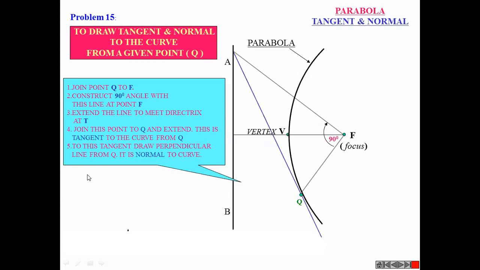Is it clear? Whenever the directrix and focus are given, whether it's an ellipse, hyperbola, or parabola, the tangent drawing method is 3 steps. Clear, short and sweet. And the line perpendicular to it will be the normal, like this. There is no difference whether it's an ellipse or parabola. Have you seen here? Between ellipse and parabola, the only difference is that this curve will be an open curve, this parabola like this, and the ellipse will be a closed curve. That's it. Otherwise, everything is fine.